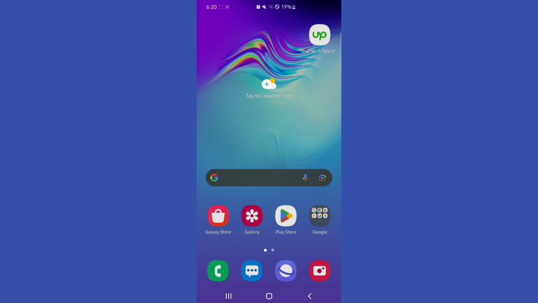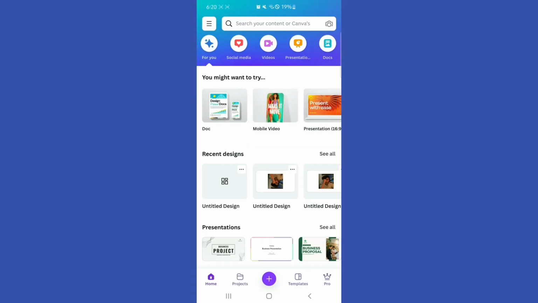Hello everyone, in this video I'm going to show you how to remove background of your images in Canva. So first of all, open up Canva. Now once I'm in Canva, I'm going to create a new project and upload the picture that I want to